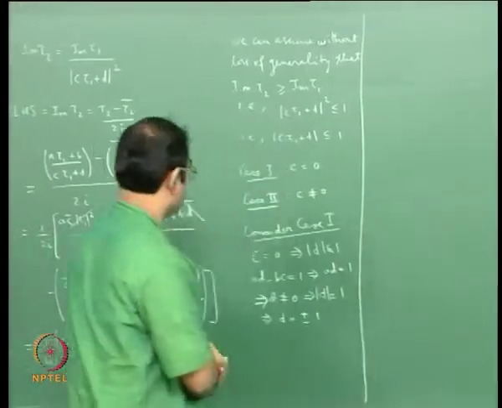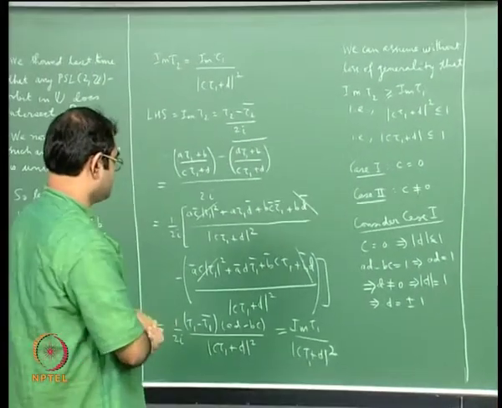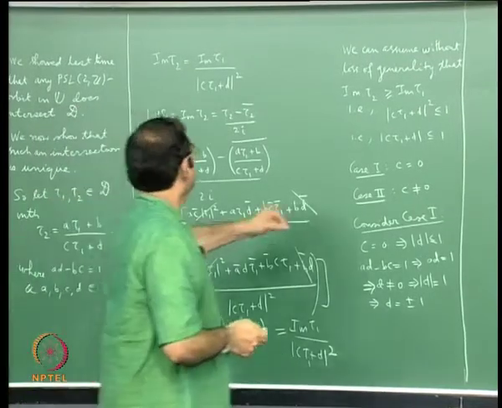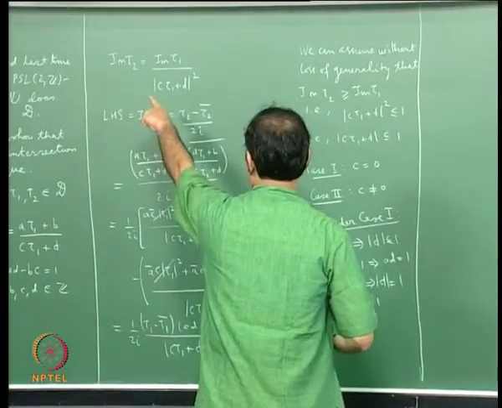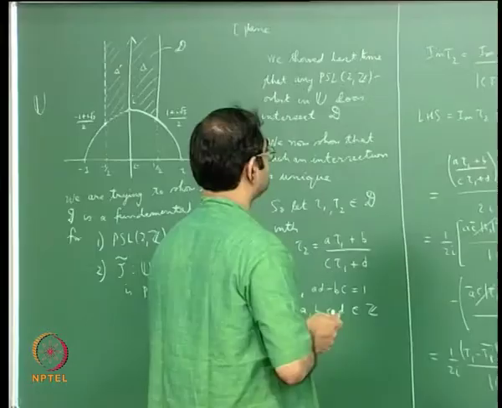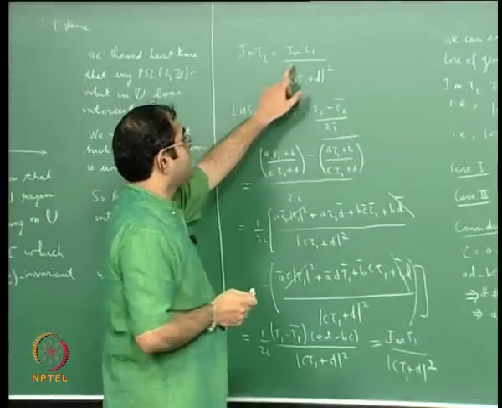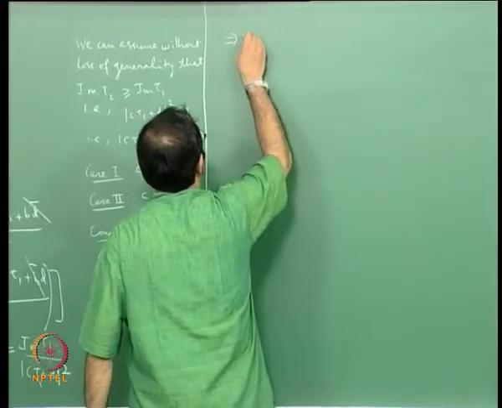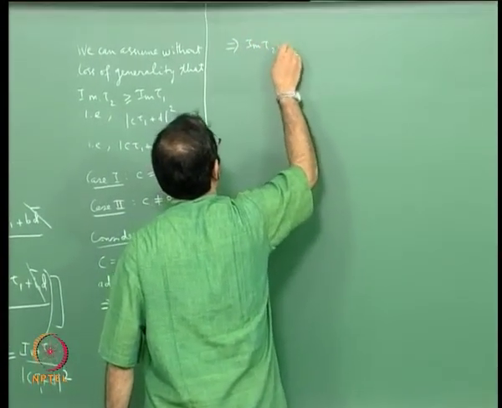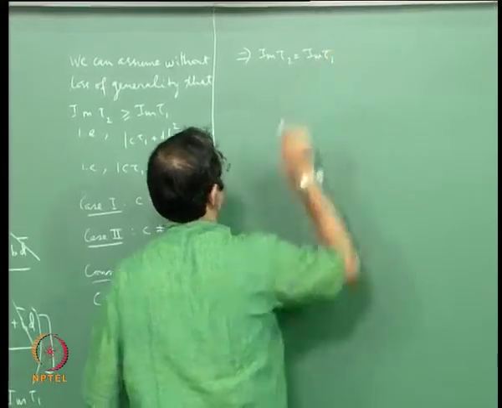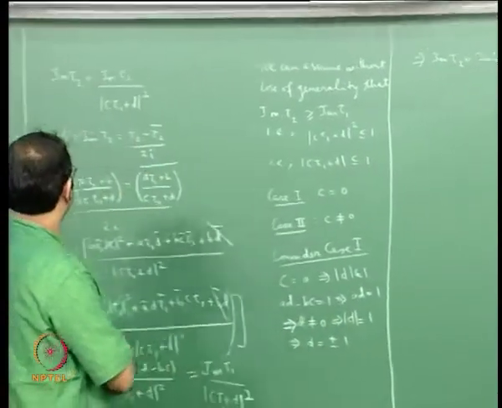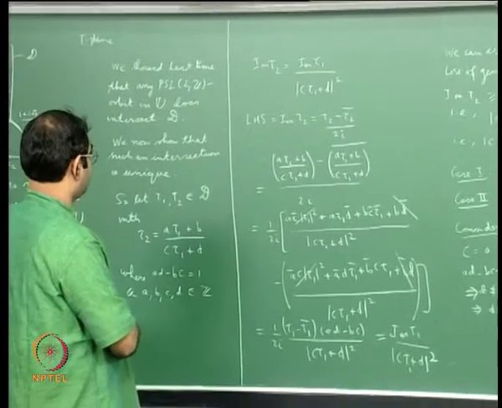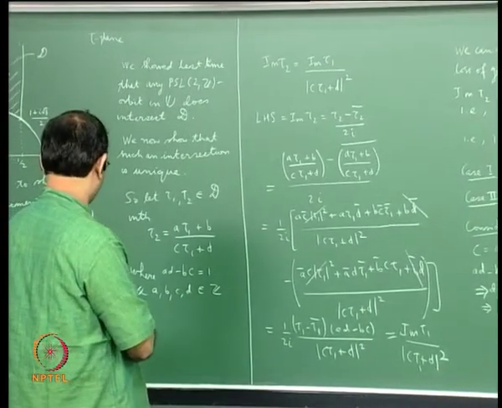Well, we will have, so if you look at this expression, first of all I will get imaginary part of tau 2 is equal to imaginary part of tau 1, okay. So this will imply imaginary part of tau 2 equals imaginary part of tau 1, you will get this, and well, you will also get what else,